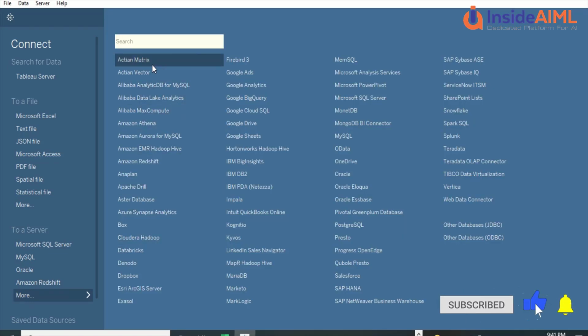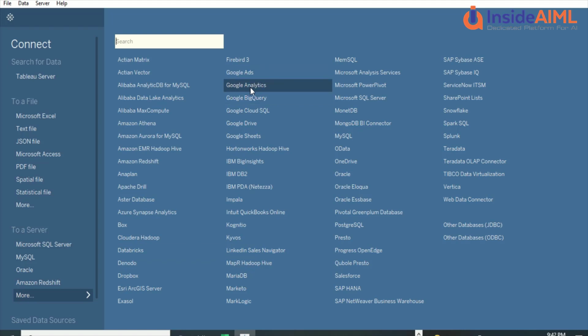Look at this big list which is ever increasing. You have so many things, including Alibaba's connector, Amazon Athena, Amazon Aurora MySQL, Amazon EMR, Amazon Redshift, Apache Drill, Astra Database, Azure Synapse Analytics, Box, Cloudera Hadoop, Databricks. You have this many connectors available out here, and the list goes long.